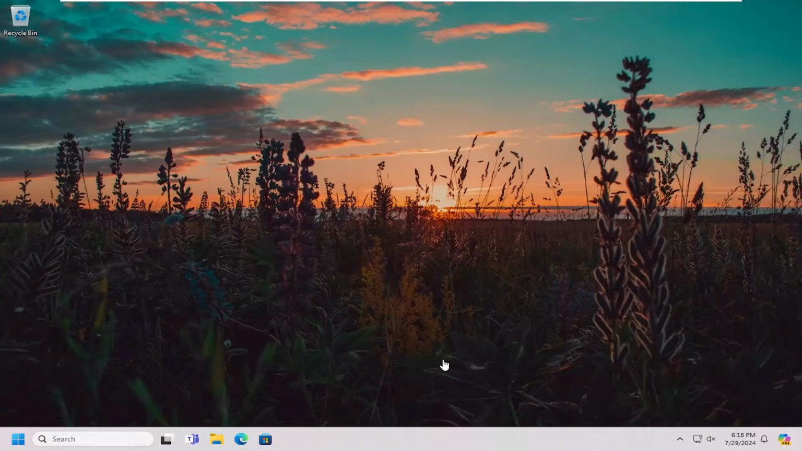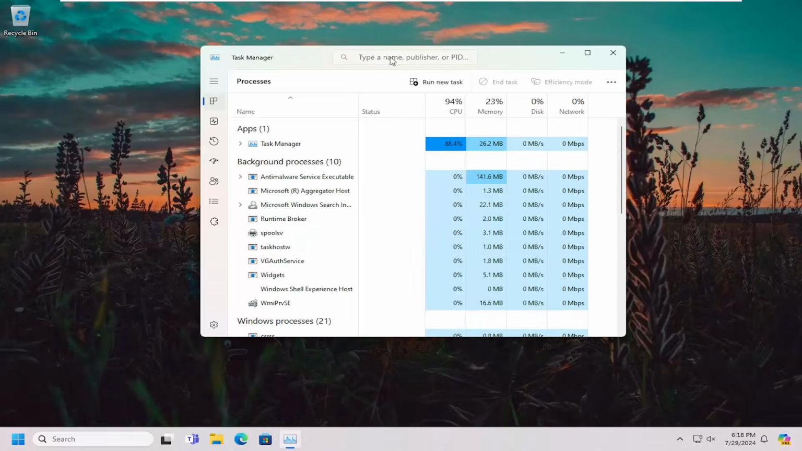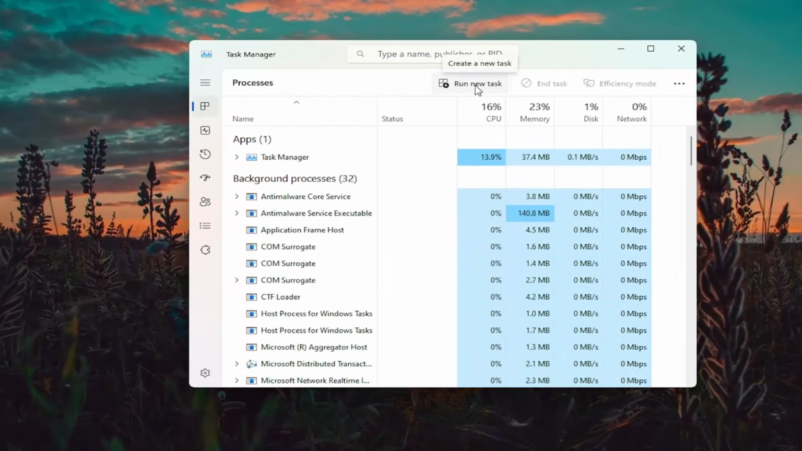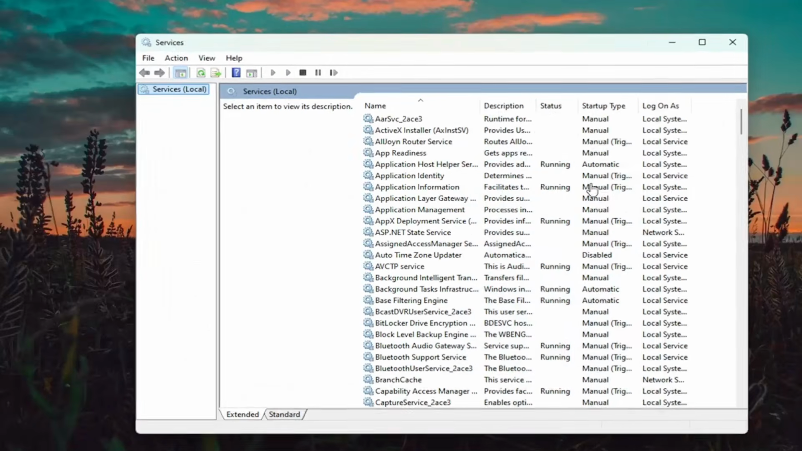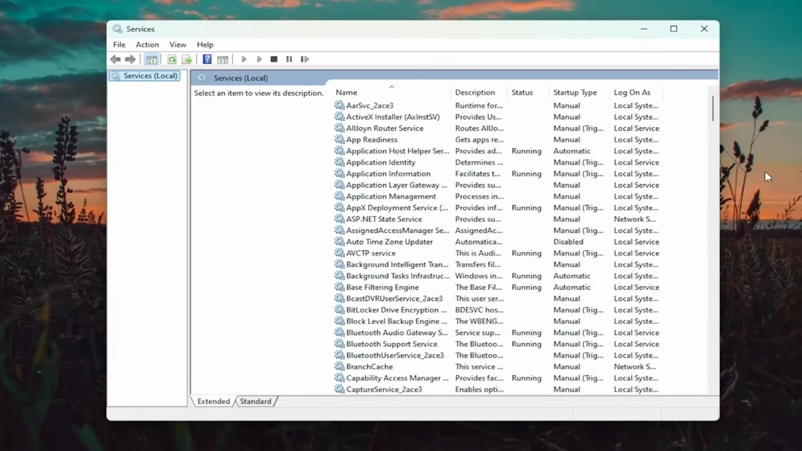So first thing we're going to do is right click on the taskbar and select Task Manager. In the Run a New Task up at the top, you want to left click on that button, type in services.msc, exactly as you see it on my screen, and check mark where it says create this task with administrative privileges. Select OK. Now you want to locate Windows Search